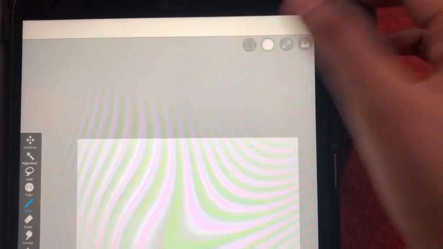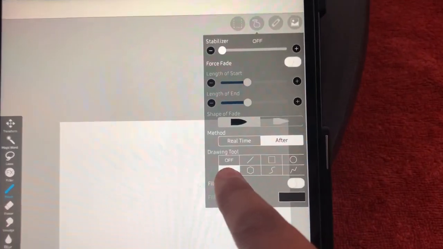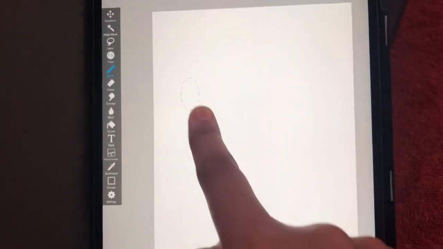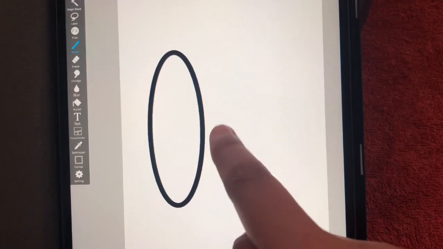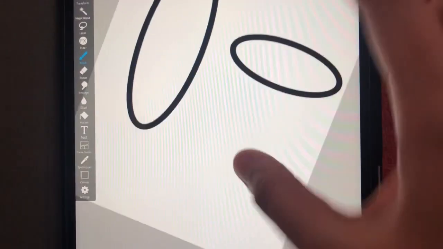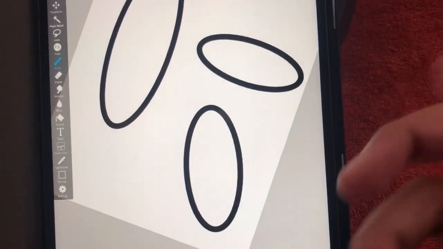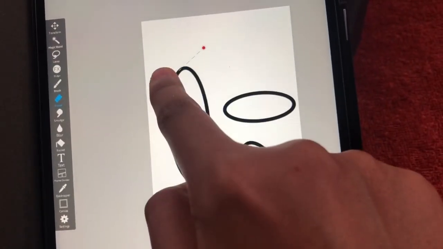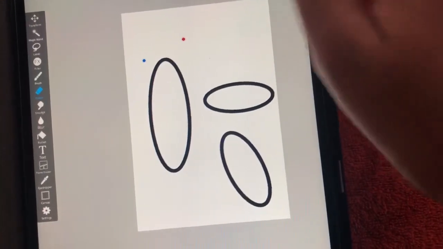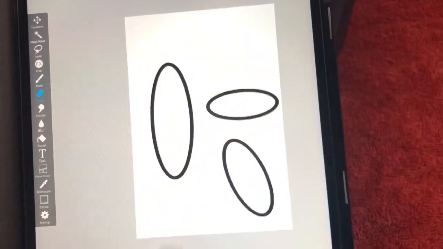Now let us draw ovals using the default option. Choose the oval shape here and just drag and draw on the canvas. So yes, this is an oval shape. You can draw vertical ovals, horizontal ovals, diagonal ovals, whichever is your requirement. Let us clear the canvas. Oops, let me choose off as I mentioned earlier and increase the size of the eraser. Okay, so now back to the brush option.